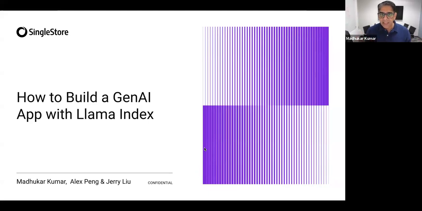to build generative AI applications. And the reason for that is because it gives you an abstraction layer to talk to multiple different data sources, and it gives you the ability to do indexing and a bunch of other really cool features. Without stealing the thunder from Alex, we do have a connector with Llama Index, which is what Alex